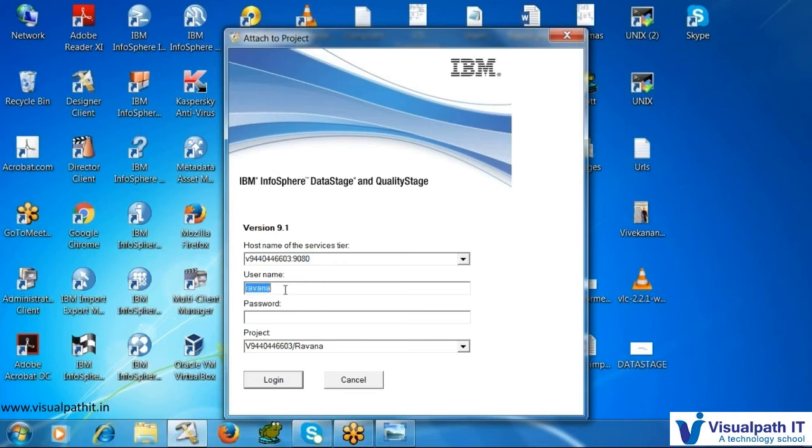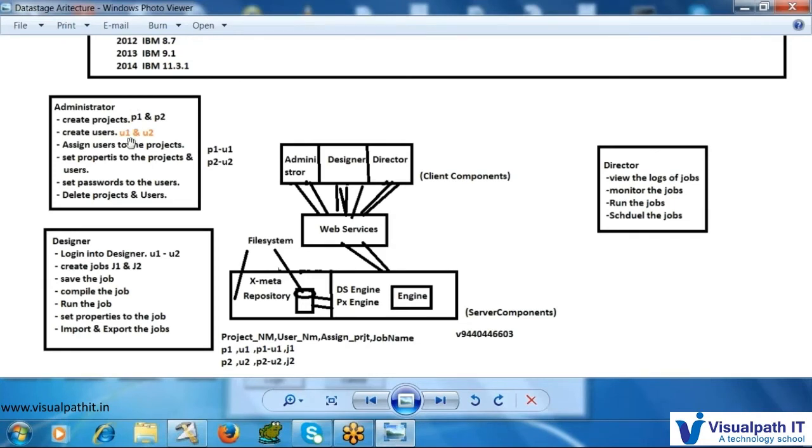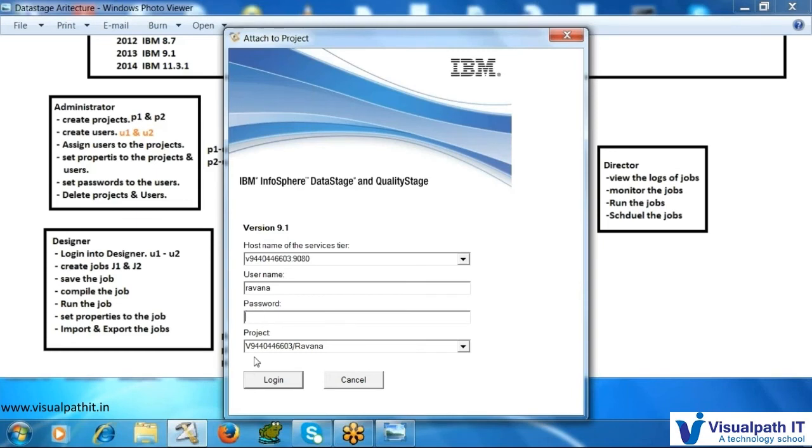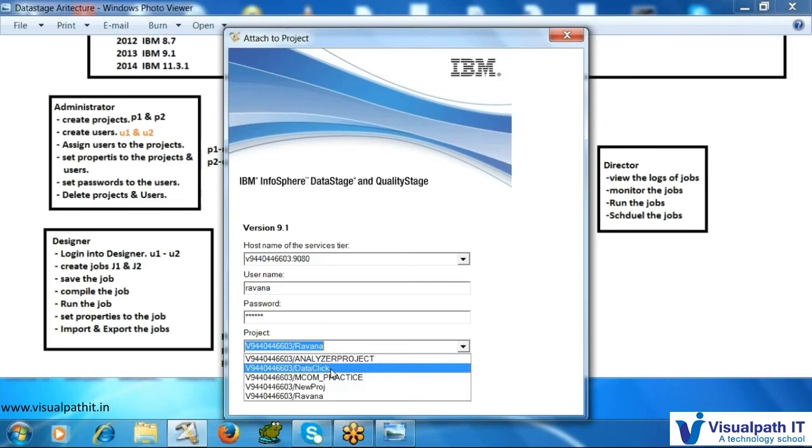Okay. So next, the username and the password. I created using the administrator the username and password U1 and U1. Once you give this U1 and U1 here and click on the project, which project is viewed? P1. Only the P1 project. For example, assume the username and password are U1 and U1 and the project name is P1. If I am a valid user, it will show me the list of projects.